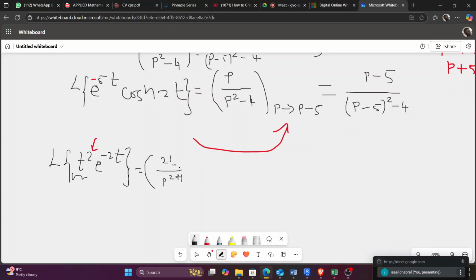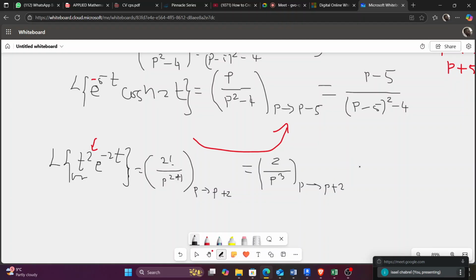Now, what I will do here, I will write now P should be substituted by the expression P minus B. So it will be P minus of the formula and this minus 2 here, which gives plus 2. So if we have to write this answer with beauty, 2 factorial, it is what again? I think 2 factorial is 2. You can check with your calculator. You have P to the power 3, like this, going with P along P plus 2.